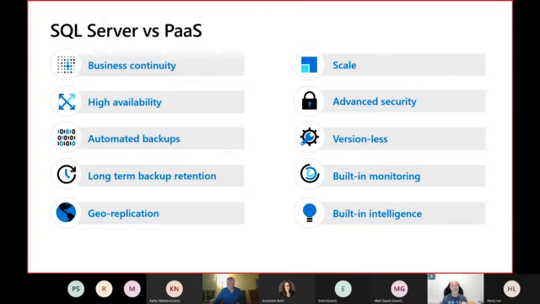Something important for the platform as a service offering managed instance and Azure SQL database is that it is versionless. Remember that before we just said that we have SQL Server since 2008, for example, and every couple of years there is a new major release. For that, we, the DBA, we have to plan the upgrades, test, validate all the applications, etc., and then do the upgrade migration. Well, in platform as a service, we have this concept of versionless. This is just Azure SQL.